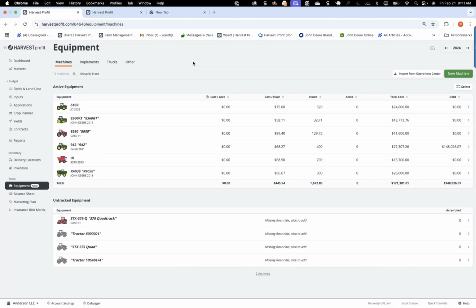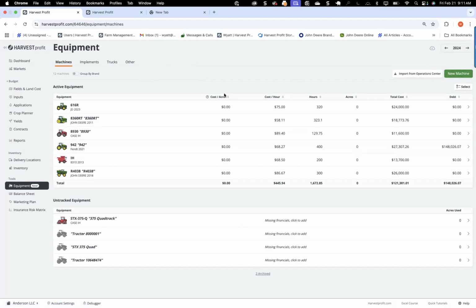And maybe if you're buying a $200,000 machine, 5-year payment plan, that's rough estimate, $40,000 a year. Well, if you're keeping that machine for 10 years or plan to keep it for 10 years, then your true cost per year is going to be not quite the same as your payment. You can always look at it that way, but we wanted to give farmers the ability to look at it a little differently. So what we can do in our cost analysis tool, let me get rid of this,